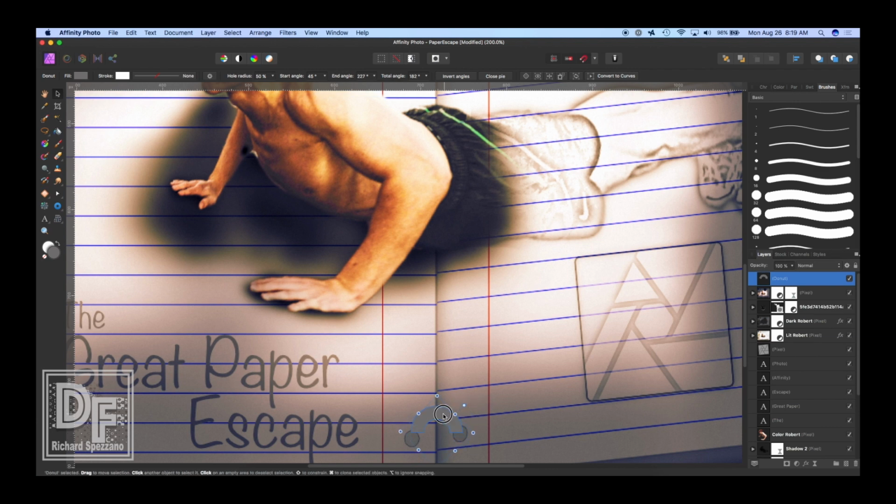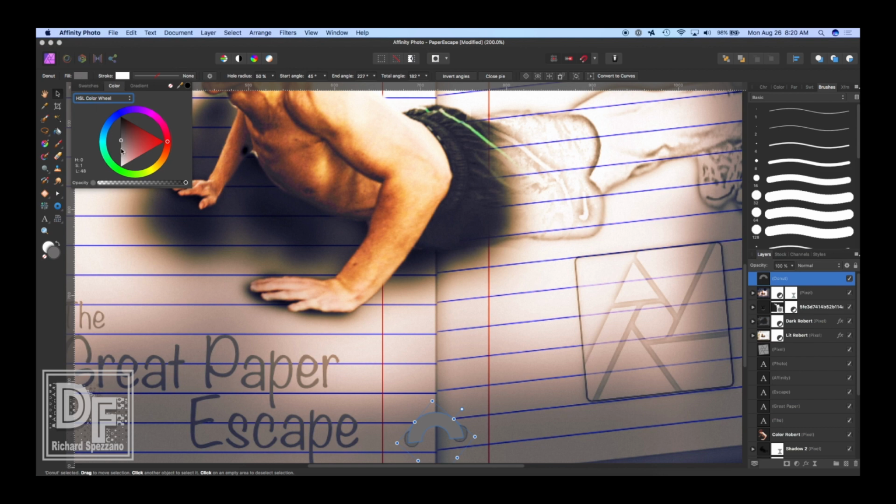Okay. And let's go wider here. And a little bit darker. Okay, and I'm going to select that